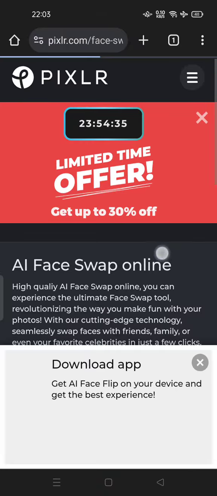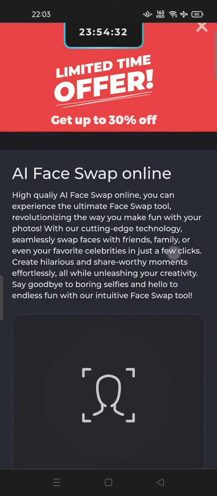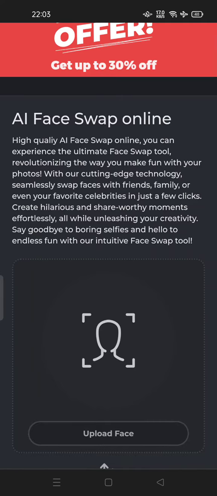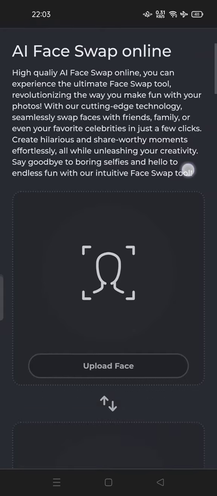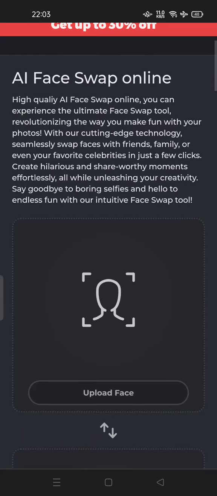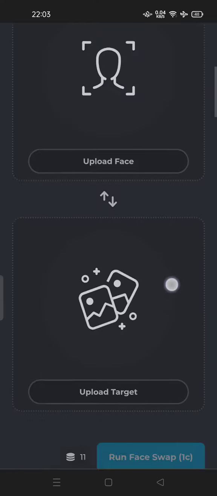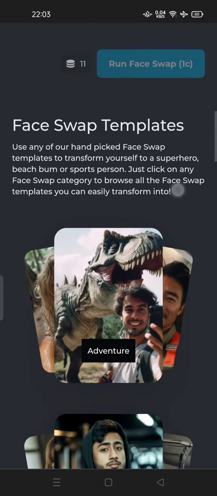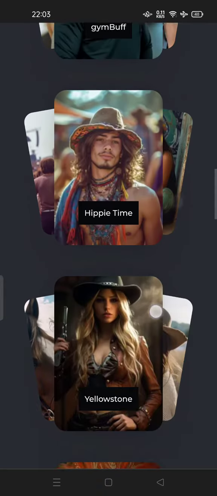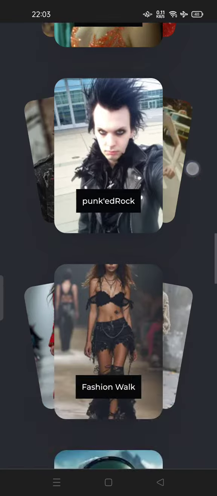You can tap it. AI face swap online, high quality AI face swap online. You can experience the ultimate face swap tool. So let's see: with PIXLR's cutting-edge technology, seamlessly swap faces with friends, family, or even your favorite celebrity in just a few clicks. These are the templates. So let's try our